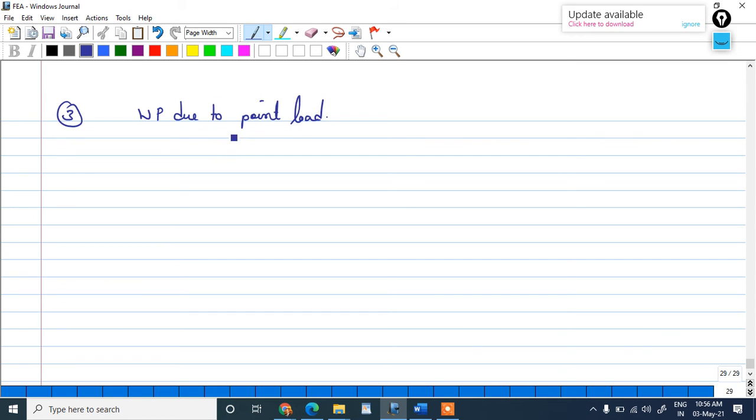Okay, under this point load, work potential is equal to minus (px into u plus py into v plus pz into w). So this is the work potential. Now we can understand that this can be written as u transpose into P. So this is nothing but the simple representation, u transpose representing the displacement, P representing point load.